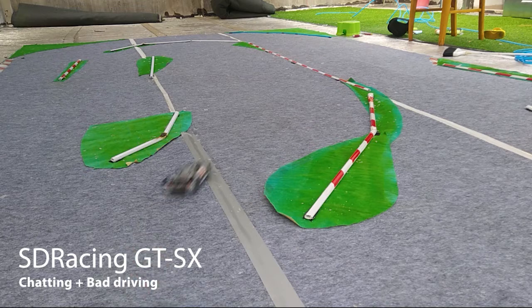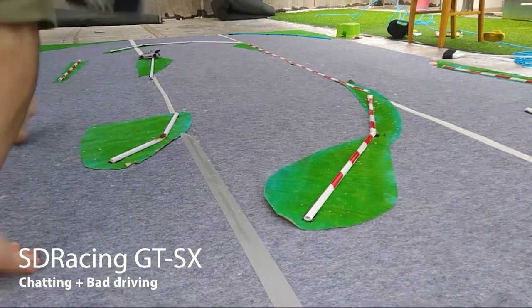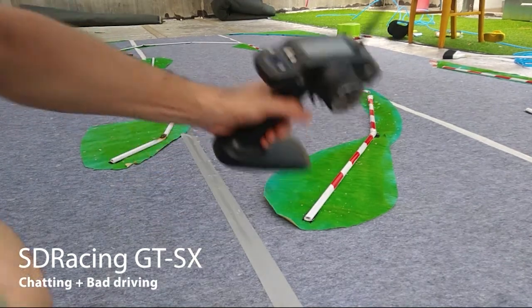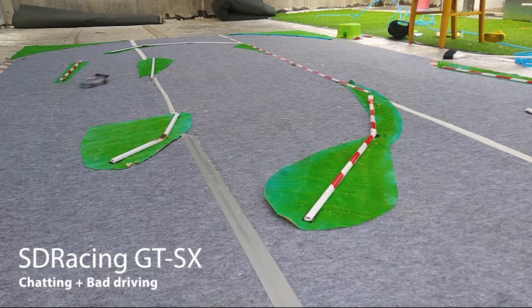Alright, so as you can see, my track is super bumpy and I'm stuck. So I've shown the quick making of this track on the video before. It's extremely bumpy because it is laid down on my rooftop, which is not a prepped surface. There is no tiling or anything, just the isolation material, so it's super bumpy, but I'm actually growing to like